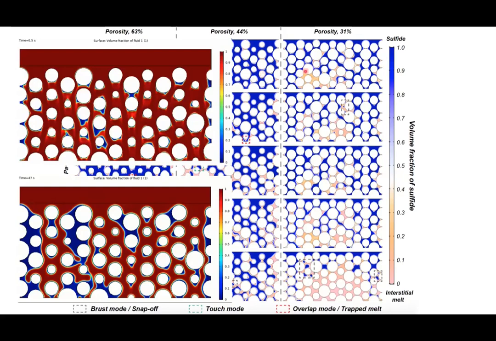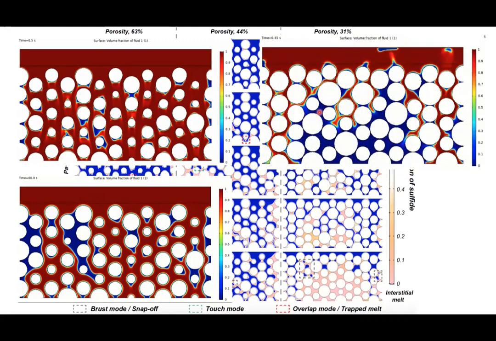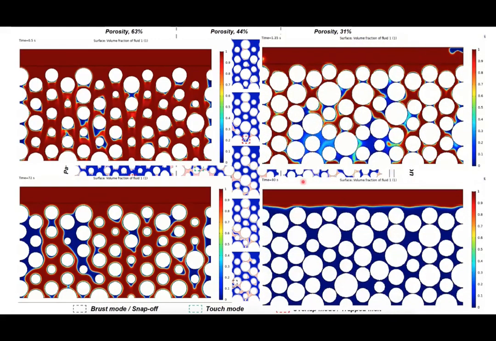And if I decrease the porosity, there are so many regions that the sulfide cannot occupy. So I also show the modeling result. You can see these regions may be difficult for the sulfide to enter. Yeah, and this is some pinch out, snap off of the sulfide. So in this region, it's very difficult to percolate in this system because it has very low porosity. So the sulfide droplet pinches out.